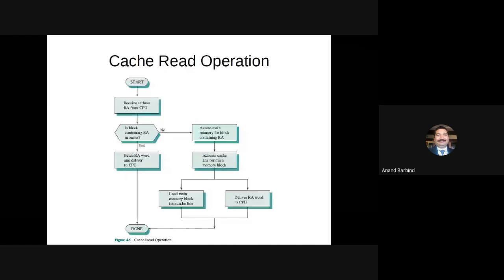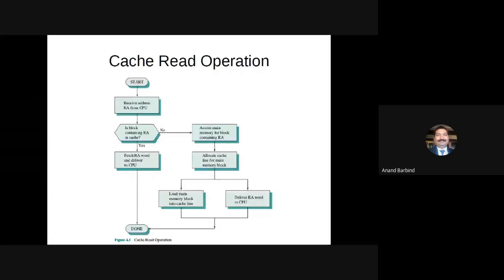So most of the time the CPU will find that whatever it wants to read is present in the cache memory. That is, out of let us say 100 read operations, 98 times the CPU finds that whatever it needs to read is present in the cache, while only 2 times out of 100 this block transfer is required. So the cache is to be designed in such a way that the hit rate